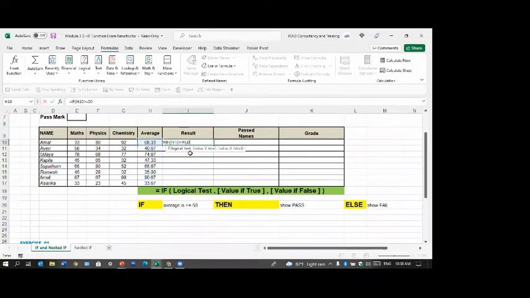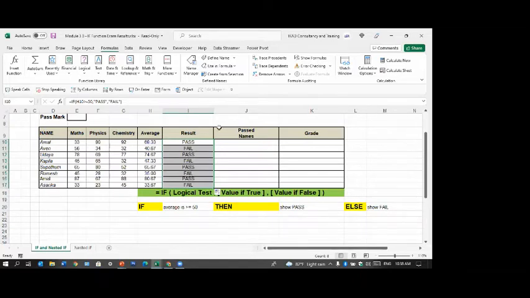After that, what do you get? This is called the syntax. At the bottom, what you get? Here. Comma. The moment you put the comma, you can see this one gets highlighted. Always look at the syntax and work, then you won't go wrong. Can you see value if true? Pass. But this is a label. So in Excel, when it's a label, you put within double quotes. Not two single quotes, within double quotes. Comma again. Value if false. You want to say fail. Close the bracket. Press enter. Pass. Copy it down. Fail, pass, fail, all that.